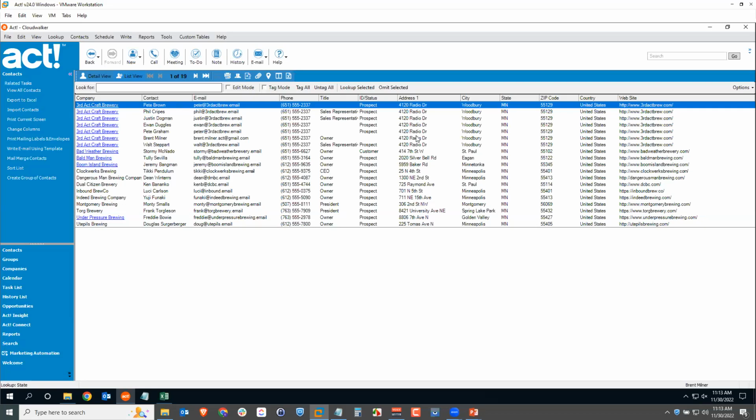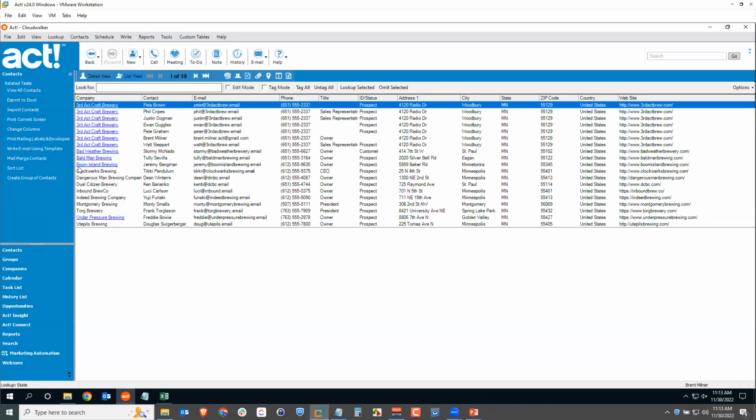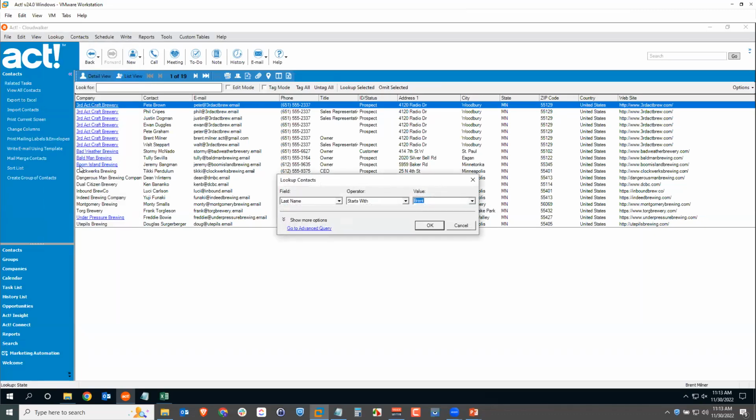So I'm going to modify this lookup on Minnesota contacts. The way to do that is I'll just look up again, and this time I'm going to search for other fields because I'm looking for who is the record manager. Now this time, not last name, I want to look at record manager. So I'll scroll down to the R's, choose record manager, and starts with Brent is fine. But before I click OK,